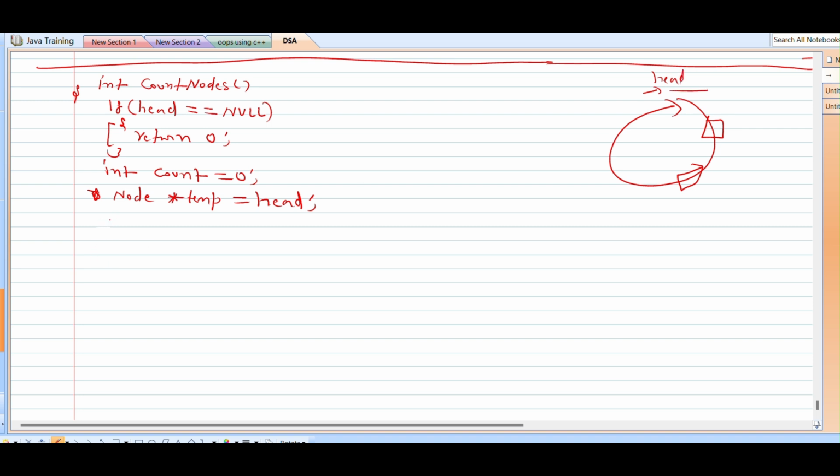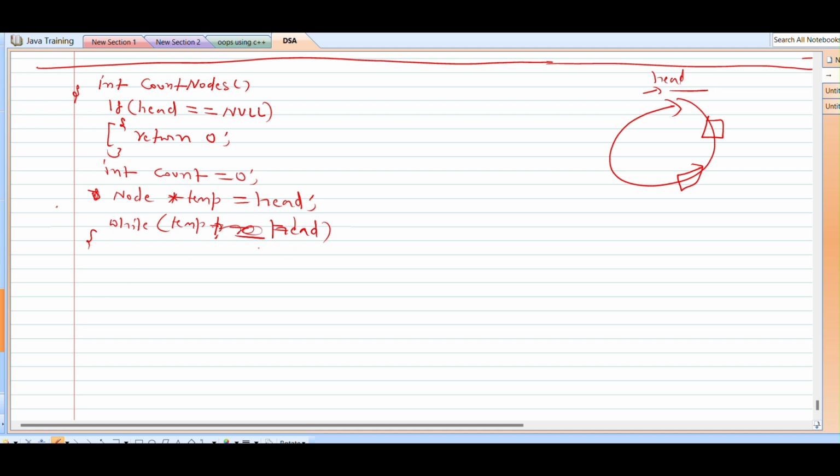So we will use a loop like this, while the next of temp is equal to, sorry, while, let me take the eraser, while temp is not equal to head, and then